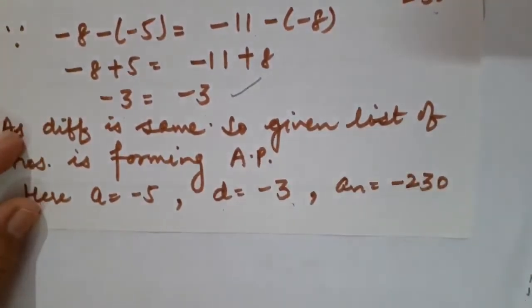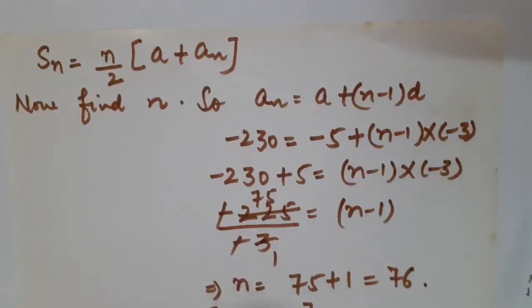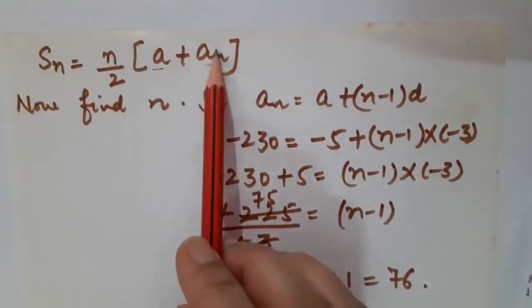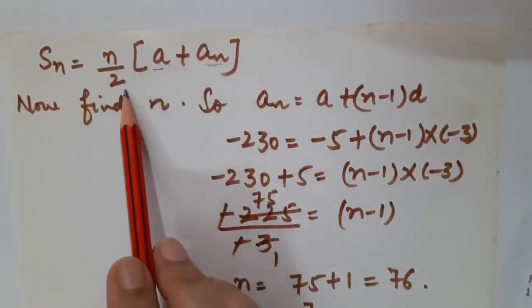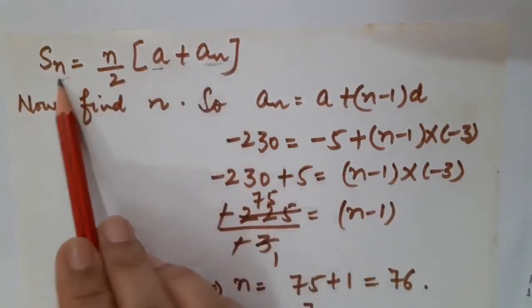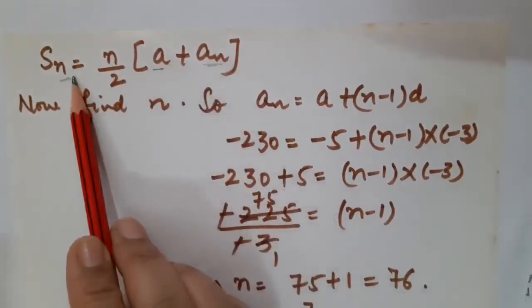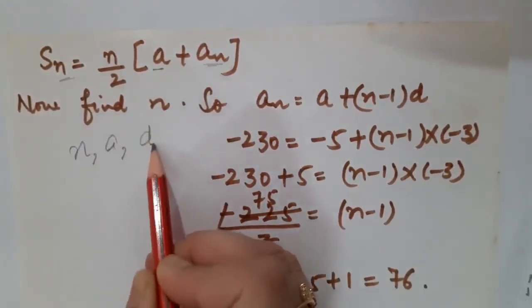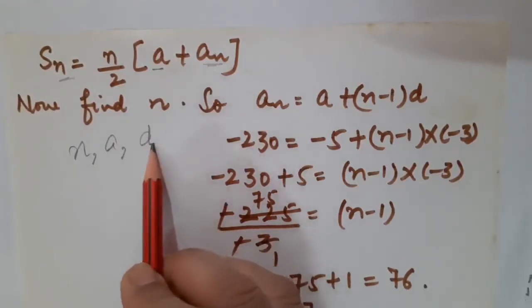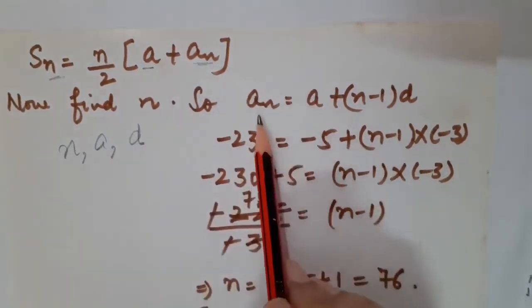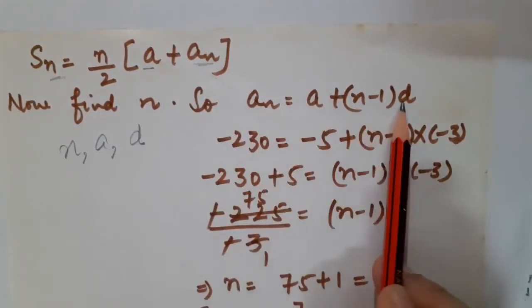Correct, students? Now children, to find the sum, when I know the first term and the last term, I can go with this formula, that is Sn is equal to n by 2 into a plus an. But one problem is there. We do not know what is n. So children, I made you understand that whenever you have to calculate either n or a or the common difference d, always go for the nth term. Means in this question we must have the nth term given. Yes, of course we have. So an is equal to a plus n minus 1 into d.